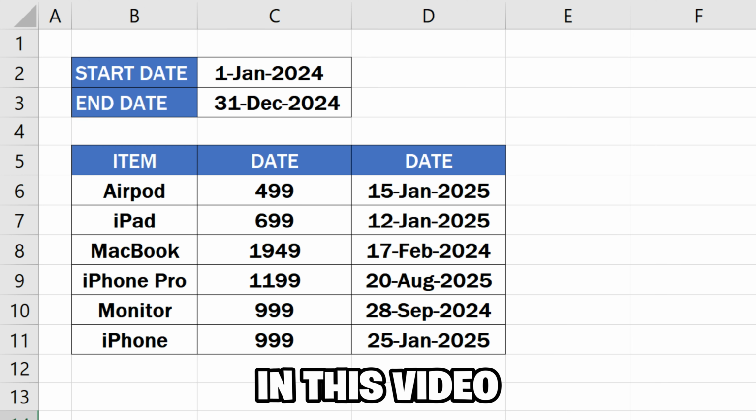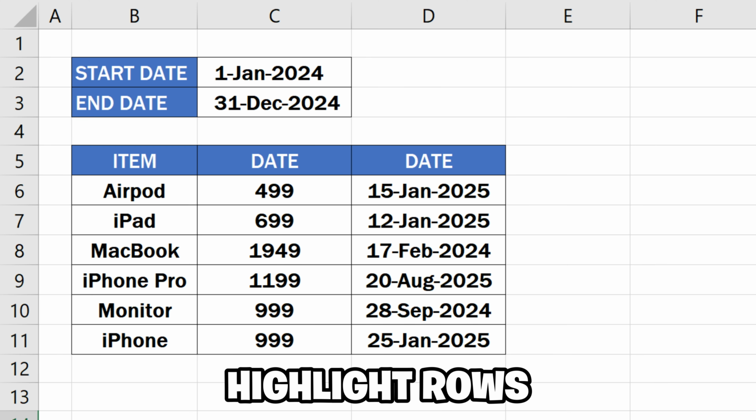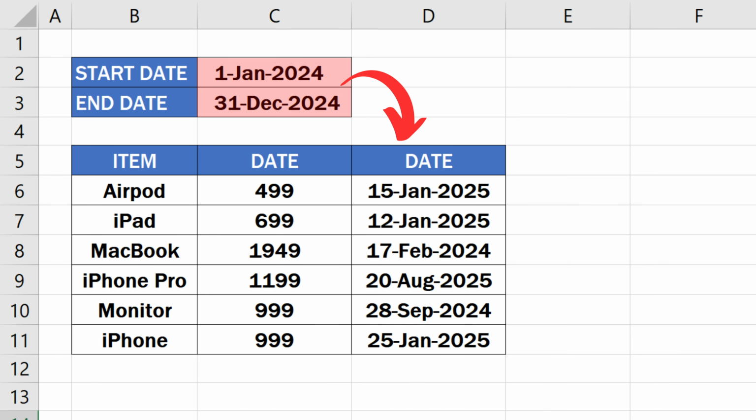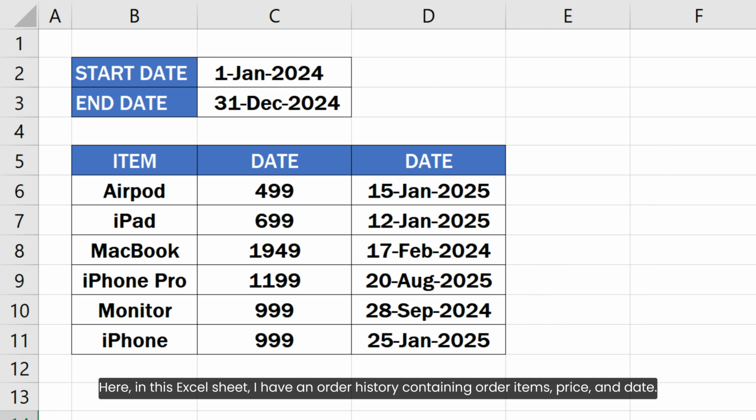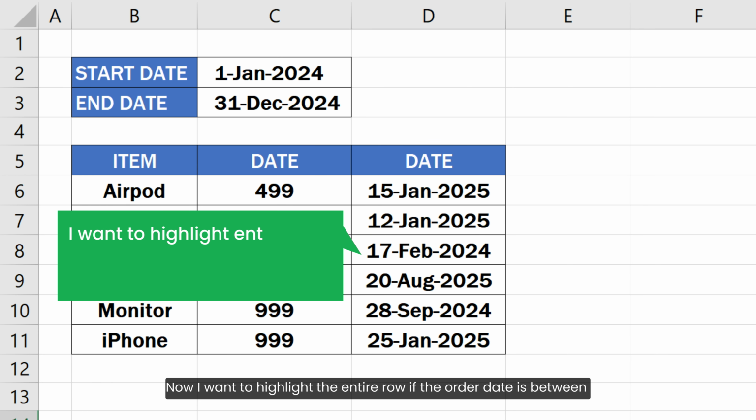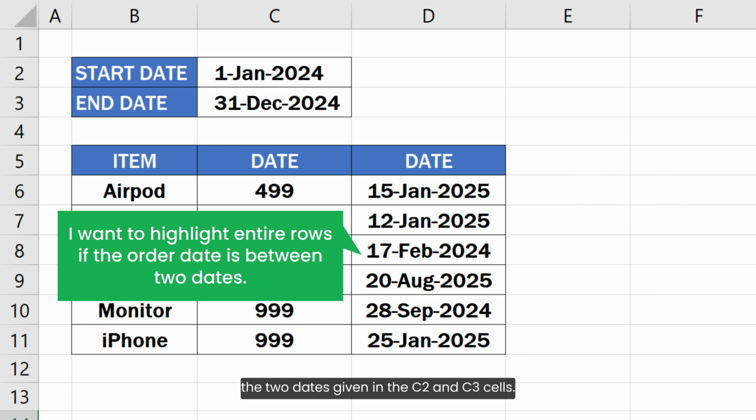In this video, I will show you how to highlight rows containing dates between two dates in Excel like this. So let's get started. Here in this Excel sheet, I have an order history containing order items, price and date. Now I want to highlight the entire row if the order date is between the two dates given in the